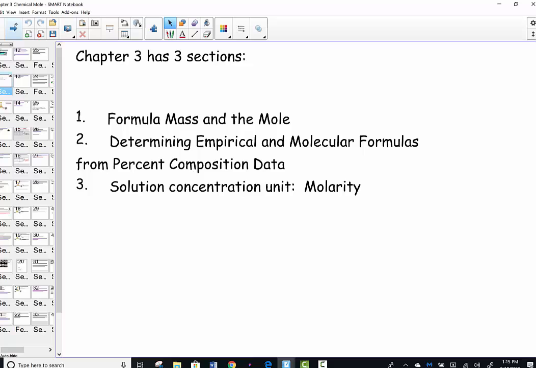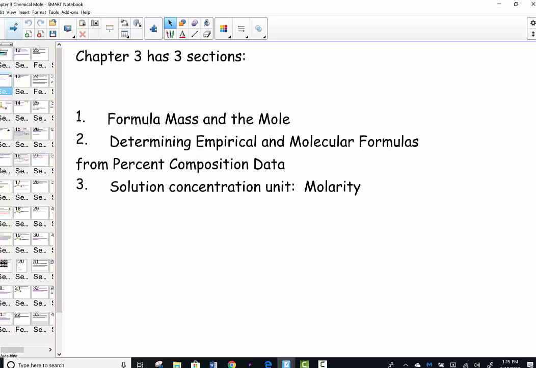We'll introduce the chapter by looking at something called formula math. I call it molar math, and the chemical unit called the mole. The central calculation of all of chemistry is the mole unit. Once we get a handle on traveling the mole map, the 3 different ways that we measure matter, by weighing it, by taking a volume, or by counting particles, traveling the different roads on the mole map, we move to